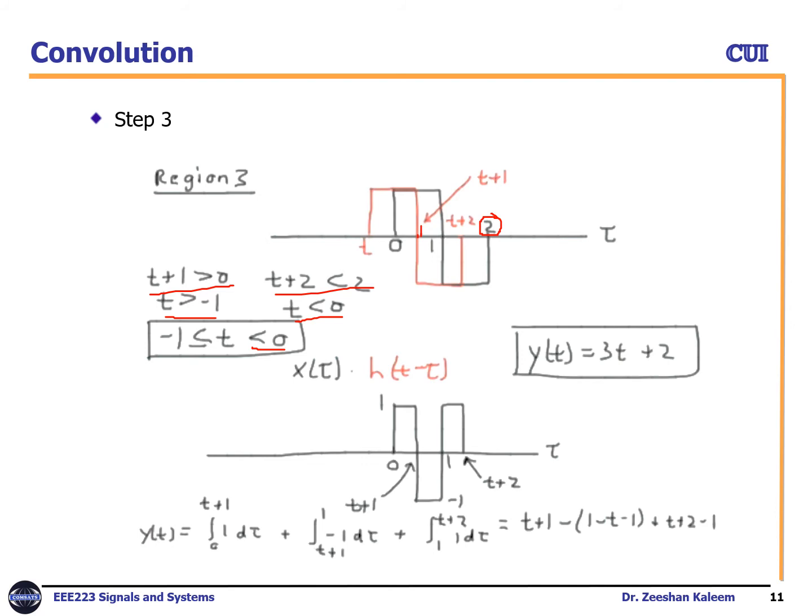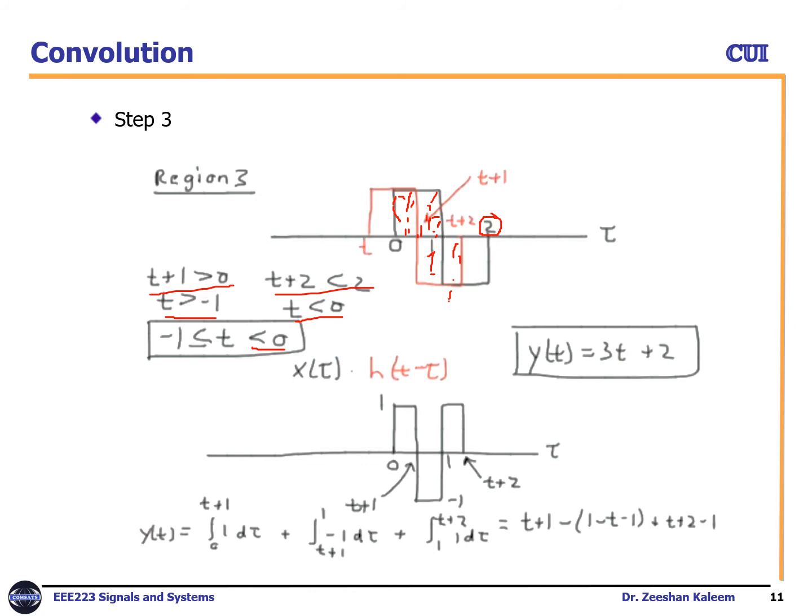So we have a range of t greater than minus 1 and less than 0. Now let's convolve. To convolve this one, you can see that we have a number of overlapping regions, I think 3 overlapping regions. First one is this overlapping region, the second one is this one, and the third one is this area. And here we have a 0. So there are 3 regions.